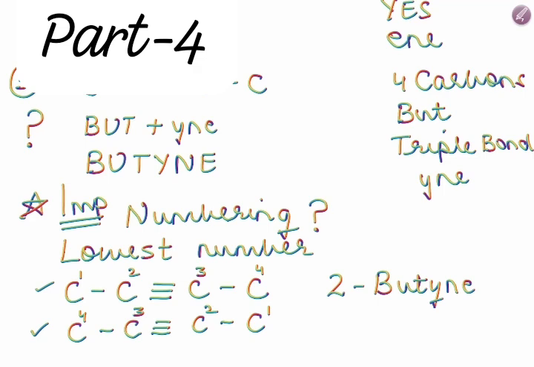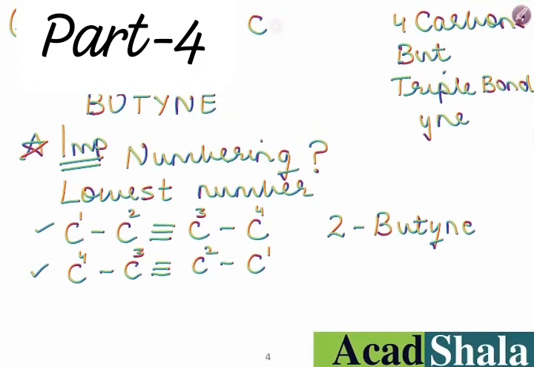How? Just have a look. Now this is the compound and you are seeing the triple bond over here. For naming the compound, you need to see on which carbon atom this triple bond is attached. So what is the basic rule? You have done it, children. You will start with the basic rule known as numbering the carbon atoms. The numbering has to be done from the terminals, from the end point.